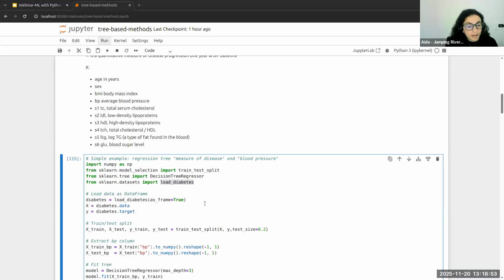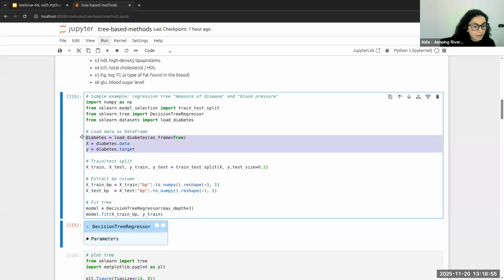And so, yes, I load the data set, and then I split the data set into training and test, right? With a ratio of 80% and 20%.